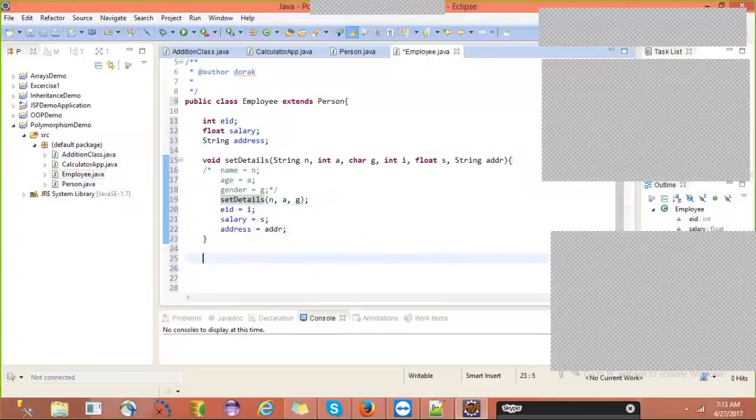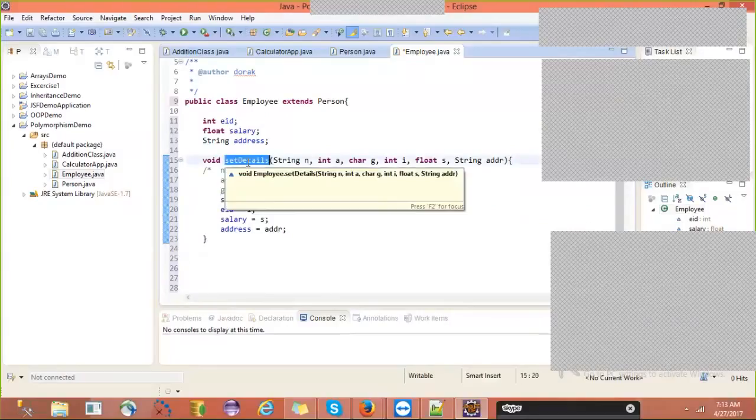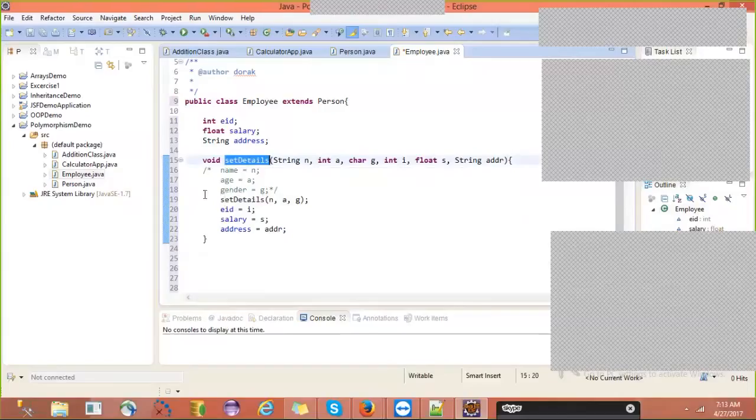In a similar way, if you observe in superclass and subclass, this is the superclass set details method. This is the subclass set details method, right? Both methods have the same name or not? Yes, right? But how many parameters are there in the subclass definition?